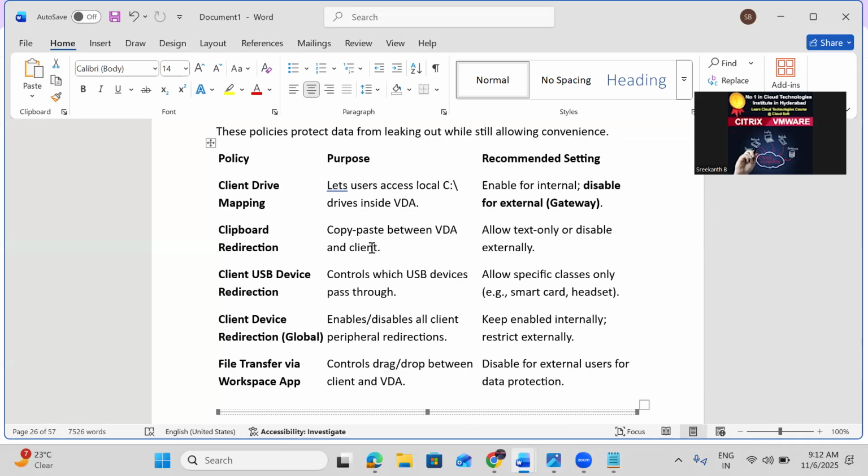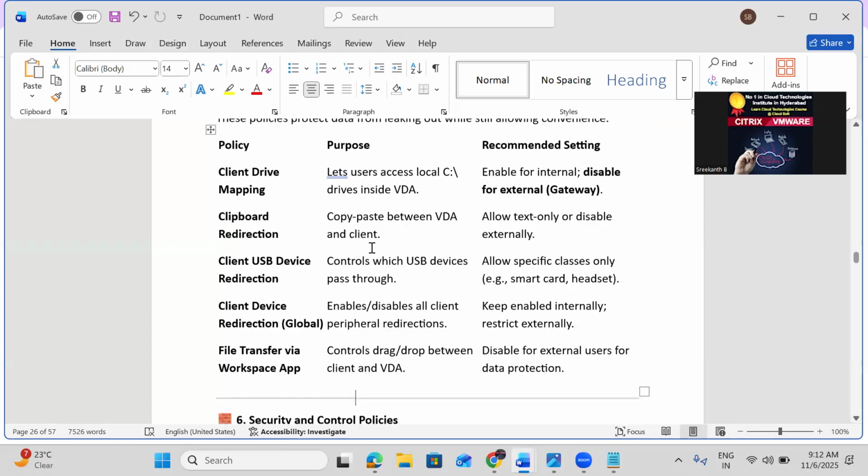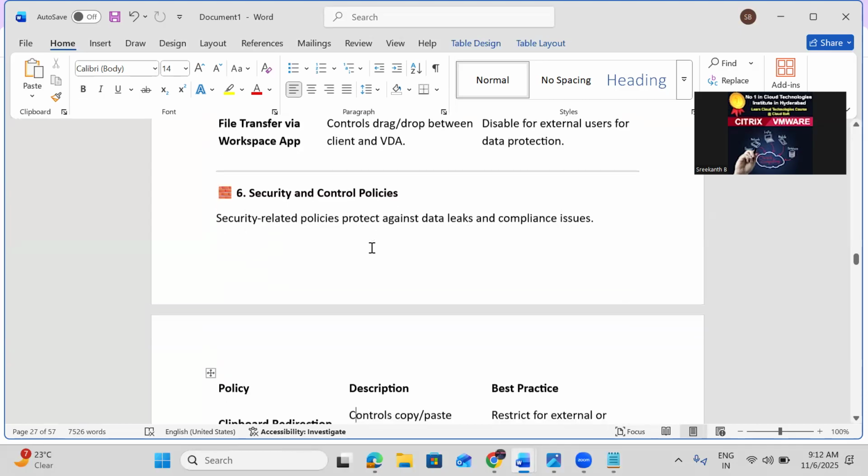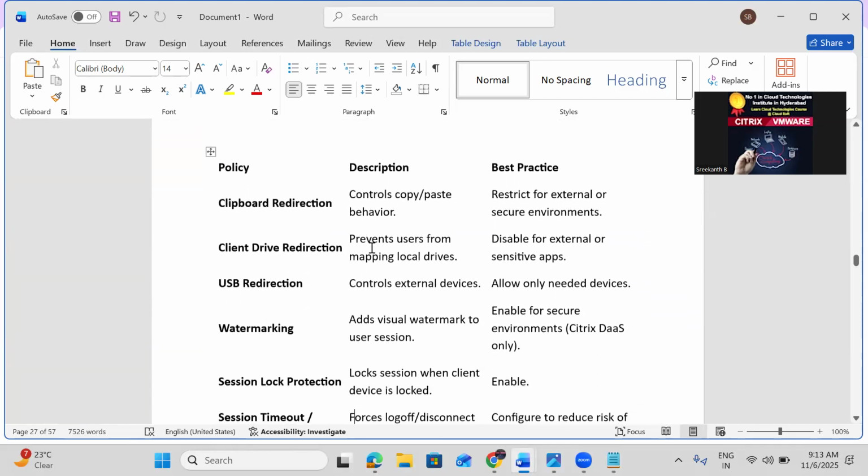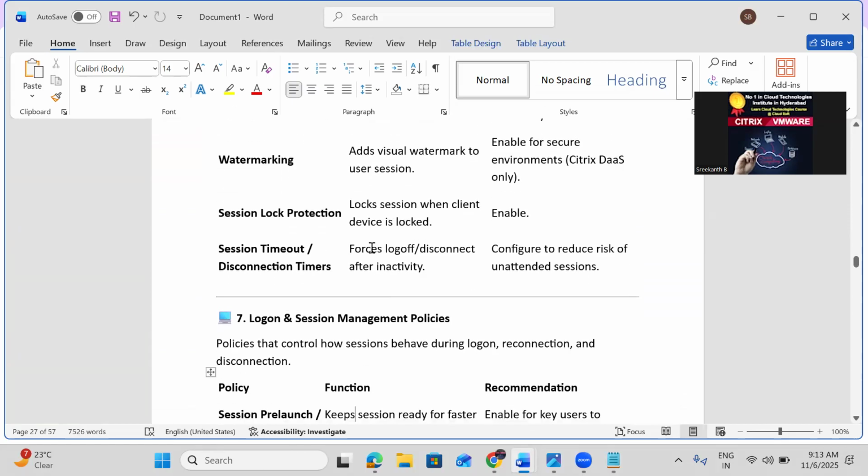By default, clipboard operations will work. If you want to restrict, then we need to set clipboard redirection as prohibited or disabled. But USB drives are prohibited by default, because in most client-side offices the data is very important. That's the reason they don't allow USB drives. Say clipboard redirection, client drive, USB, watermarking,